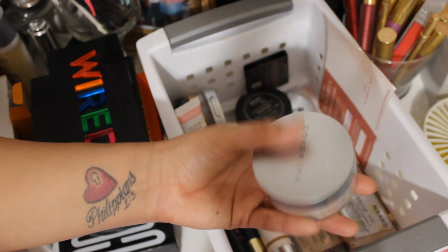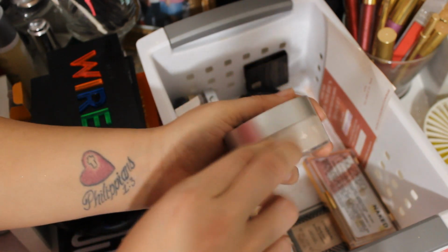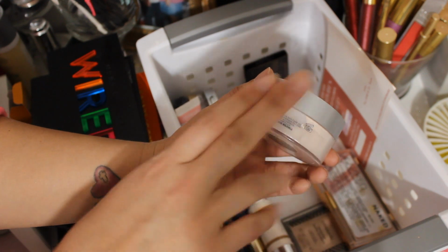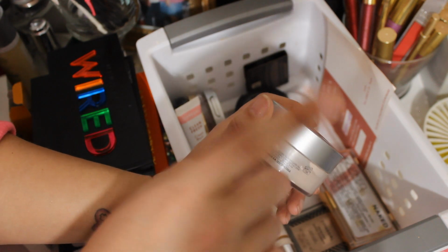And then this is the Cover FX Perfect Setting Powder, which is one of my favorites. But I just use this little jar as a reusable thing. This is actually a custom mix of powders. I talk about this every month. This is another staple powder product that I keep in my basket, and I'll probably keep it in my basket this month. I didn't actually use this very often this month, so I don't know how much I'll use it